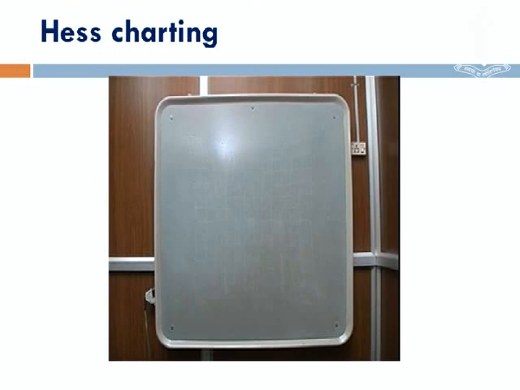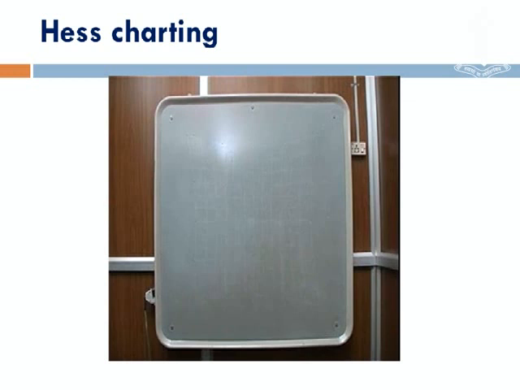This Hess charting, some centers and institutes have it available, but in private practice, if it is possible, you can have this. It gives a better clue in detecting the field defect. Even subtle defects of superior oblique palsy are detected by this. Your neurogenic as well as your mechanical restriction of movements could be distinguished by the plotting of the Hess charts also.